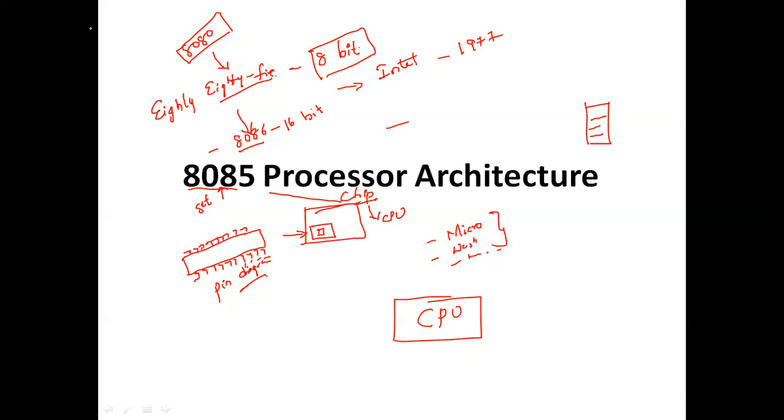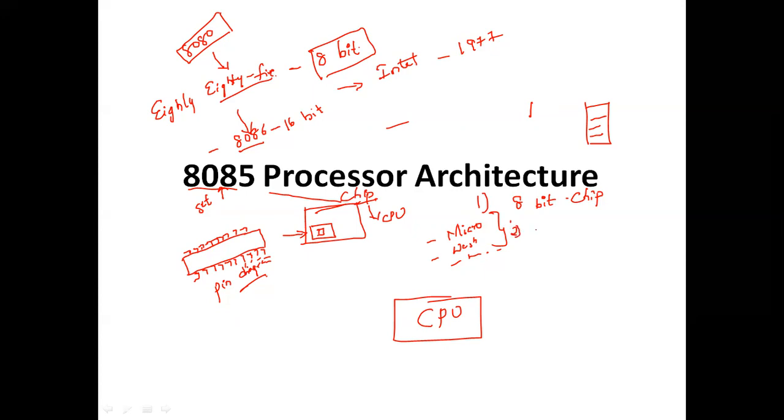Repeating the points: first, it is an 8-bit microprocessor. It is a small chip which is inserted into a particular slot allotted to it.